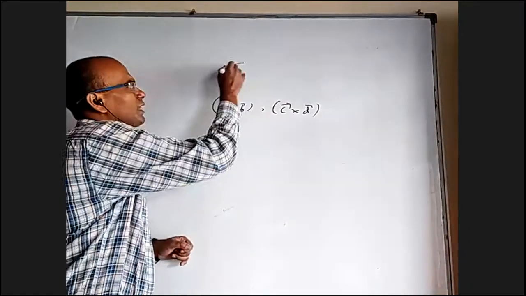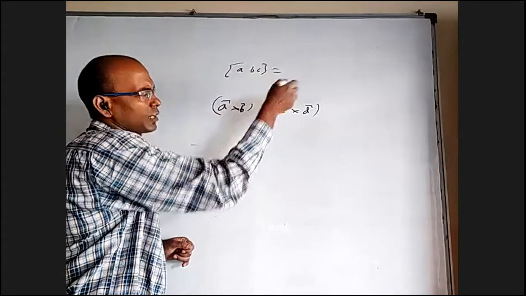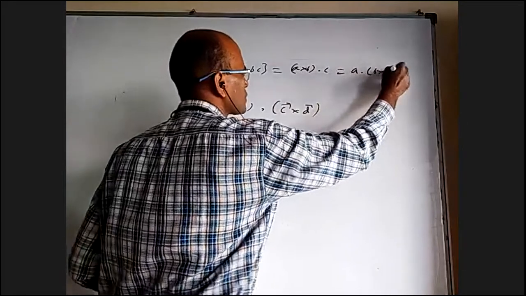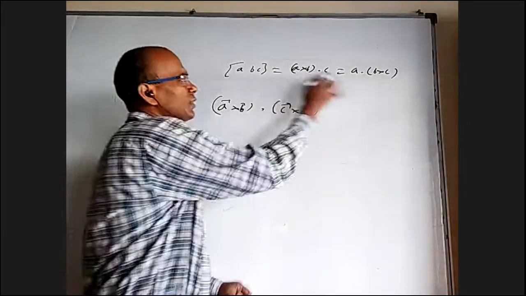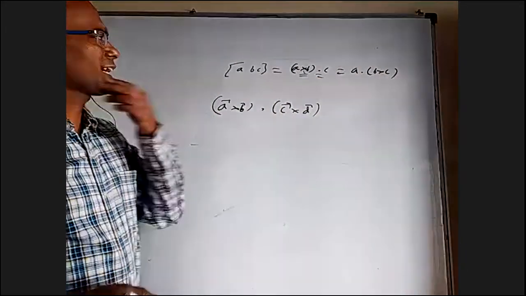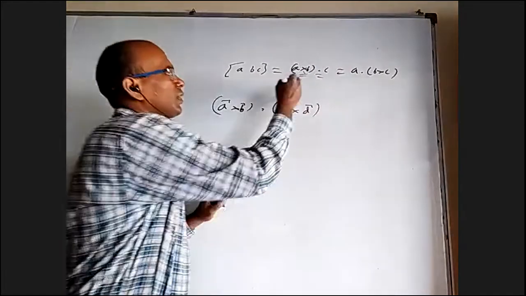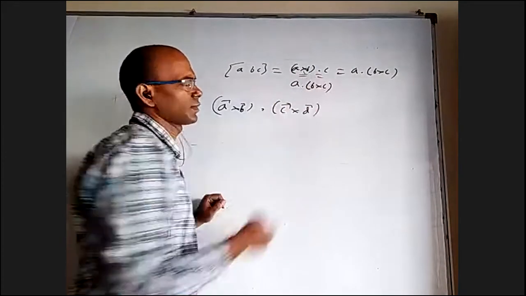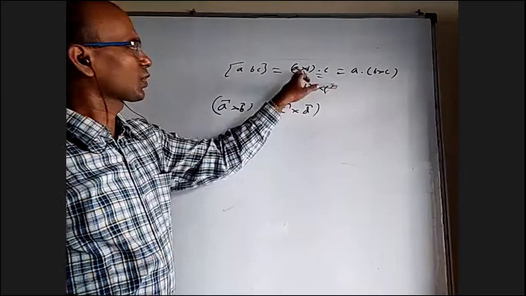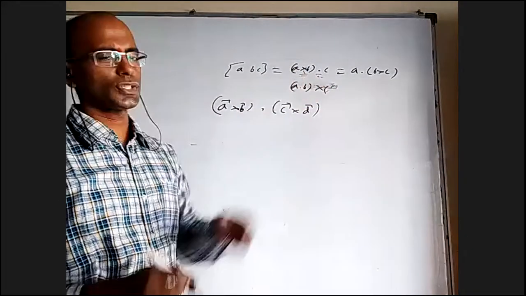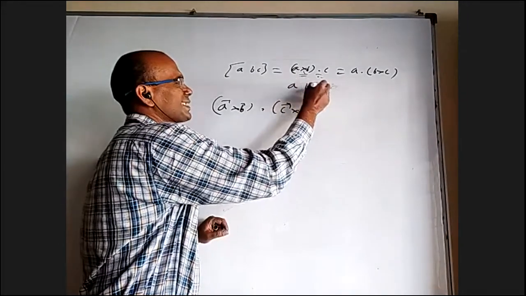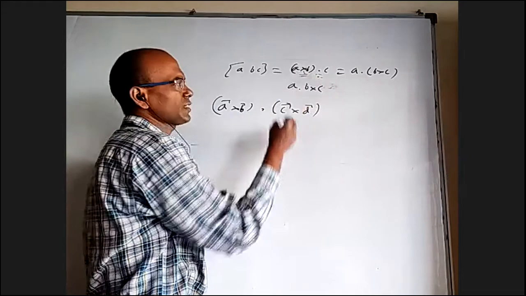What we learnt in the definition in the beginning, in the scalar triple product box ABC, can be written as A cross B dot C or A dot B cross C, both are same. From here to here, what happened? Cross and dot can be interchanged. Of course, accordingly, you have to change the brackets. We cannot write A dot B cross C with the brackets left as they were, otherwise a number cross a vector is meaningless. So we don't change the order ABC. Dot here, cross here, interchange, but the bracket will shift.